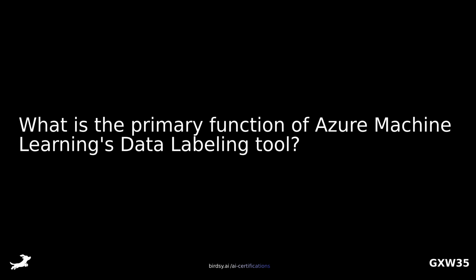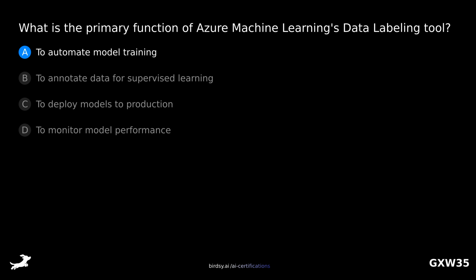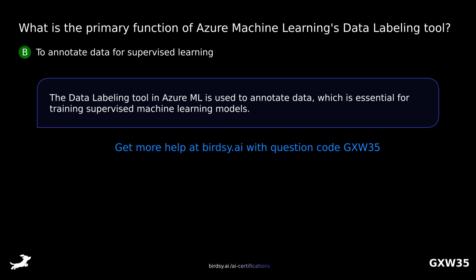What is the primary function of Azure Machine Learning's data labeling tool? Is it A, to automate model training? B, to annotate data for supervised learning? C, to deploy models to production? Or D, to monitor model performance? The answer is B, to annotate data for supervised learning. The data labeling tool in Azure ML is used to annotate data, which is essential for training supervised machine learning